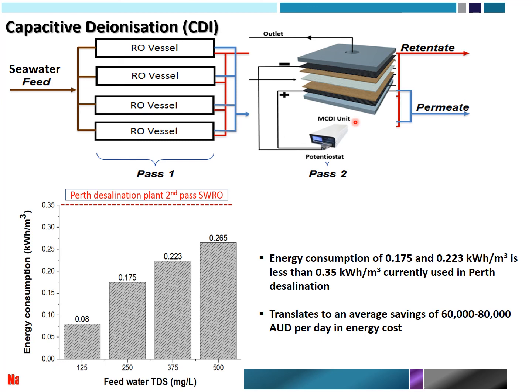So energy consumption. We compare the different feed water after the first pass, and then the energy consumption. Energy consumption of 0.175 and 0.223 kilowatt per cubic meter is less than the 0.35 kilowatt per cubic meter currently used in post desalination, which translates to an average saving of 60 to 80,000 Australian dollars per day in energy cost using